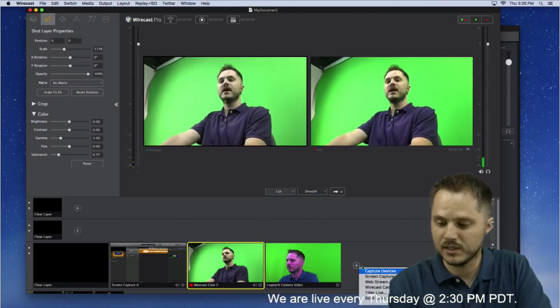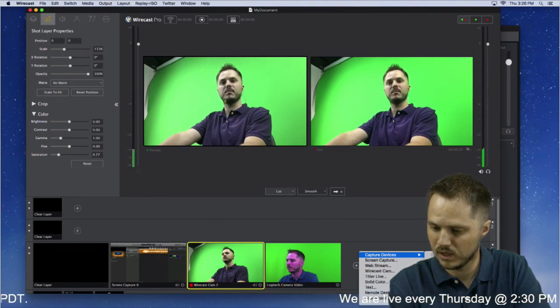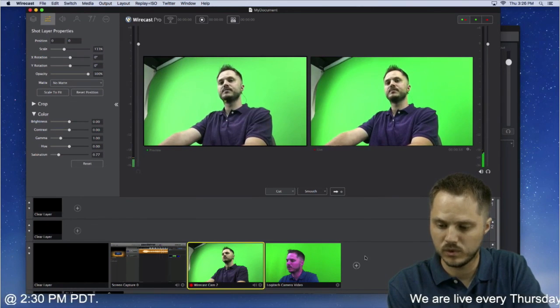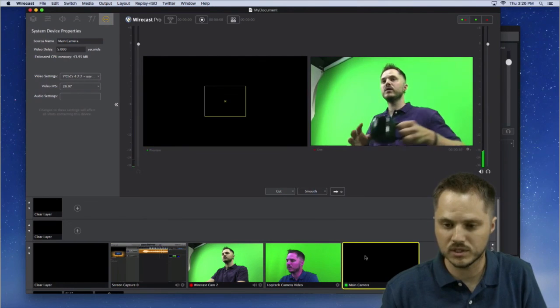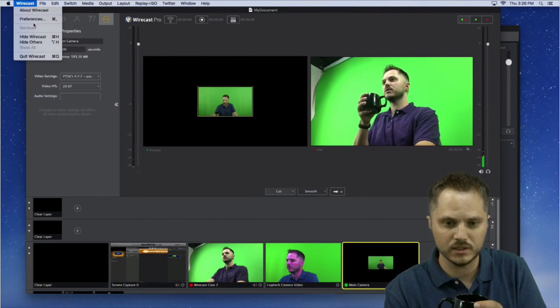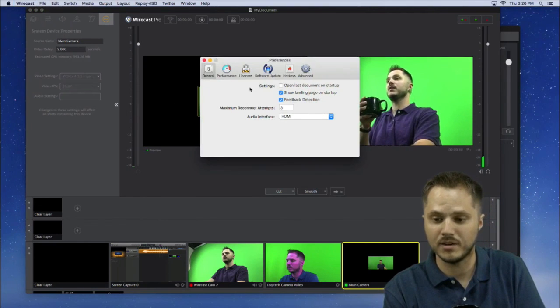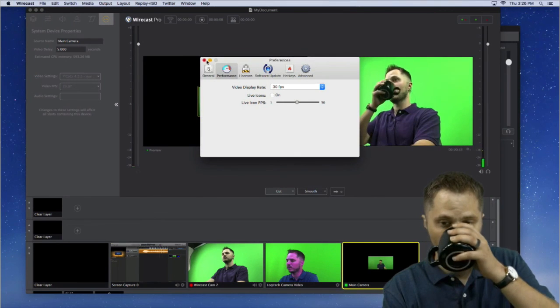And then finally, let's bring in a third one. We're going to bring in our HDMI capture card here, which is the Magewell XI USB 100. So really going to put this computer through its paces. Just for the sake of maybe saving some resources, I'm going to turn off the live icons under performance. Oh, they're already off, so we're good.